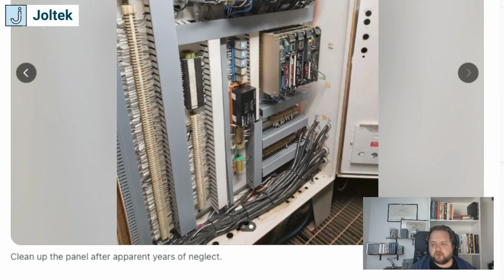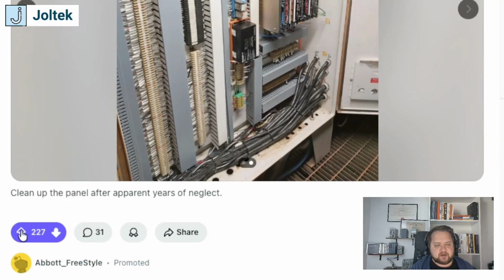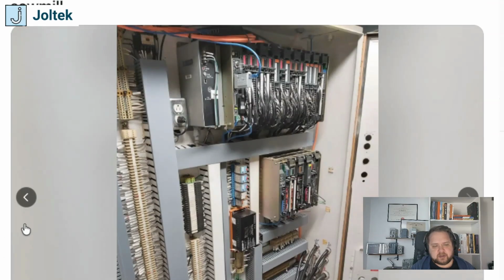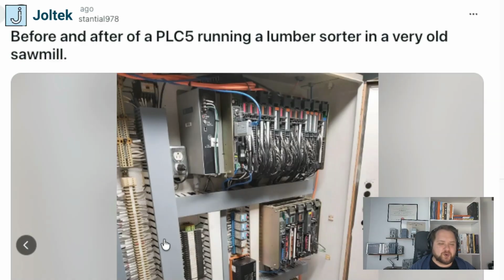So obviously all he wrote on this post is clean up the panel after apparent years of neglect. My general thoughts: when you're going to spend time to basically revamp the panel of a very old system, it almost starts a question as to why you did not migrate this to a PLC that, if failed, would be more beneficial and a lot cheaper for the end customer than simply cleaning up an old PLC5. And I'm not the one that is going to push upgrades on customers, but the reality is that